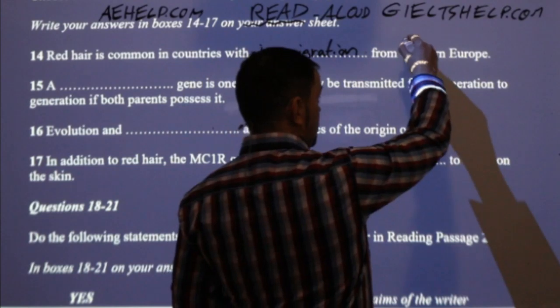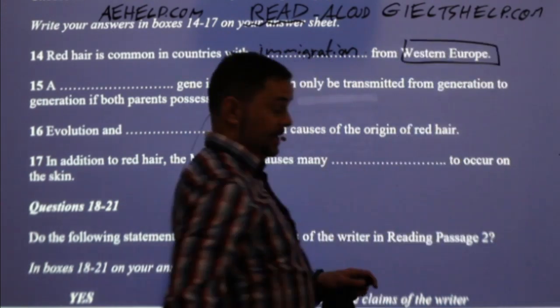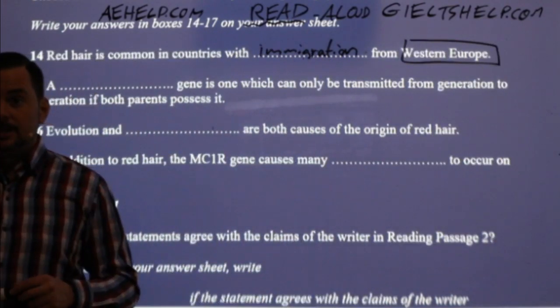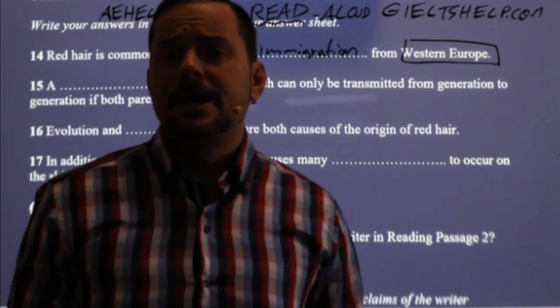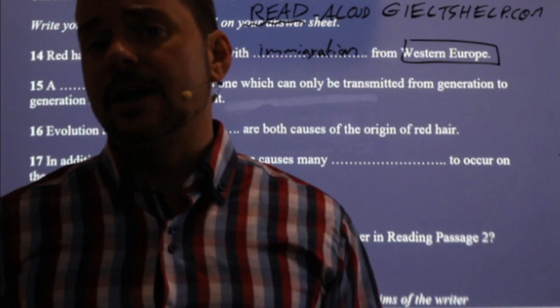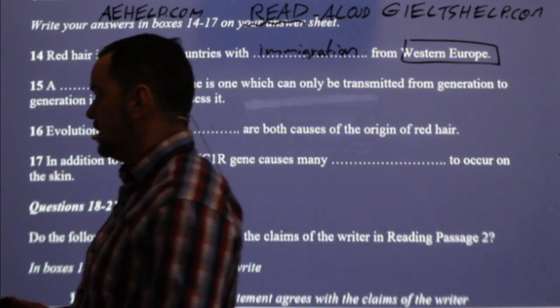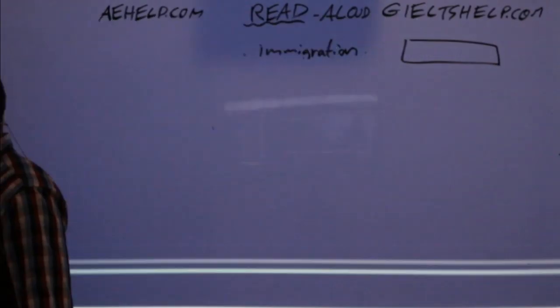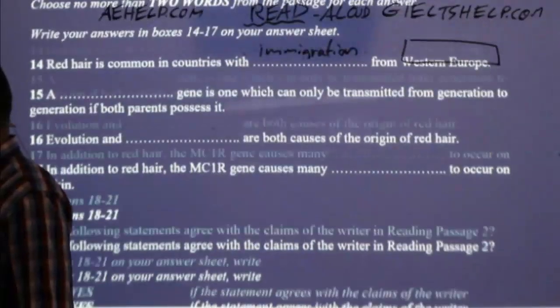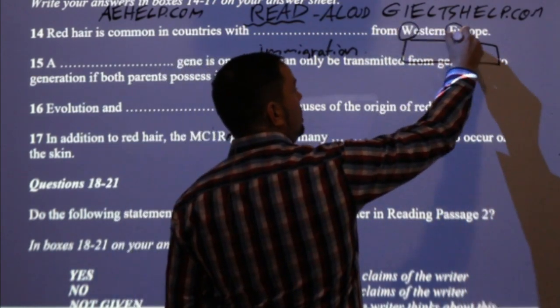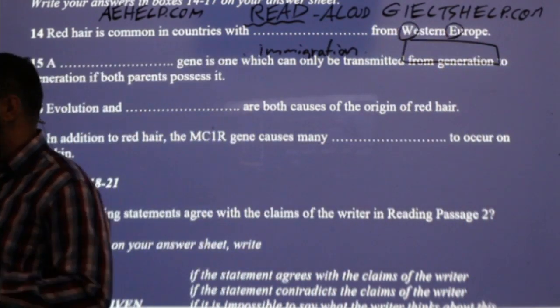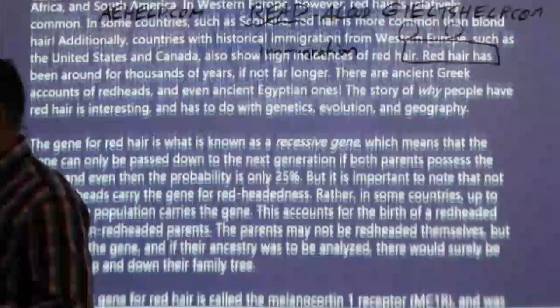Probably Western Europe, right? So I would search for the word Western Europe, and I would look in the introduction or somewhere in the first, second body paragraph. So let's say I do that. Usually names like Western Europe, with the capital W's, are going to be easier to search for. It pops out a little bit better.